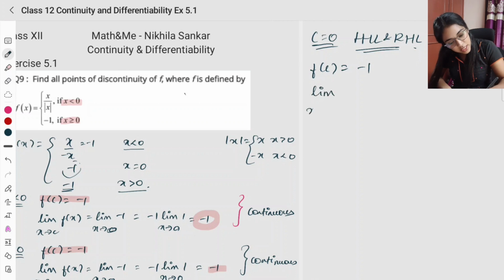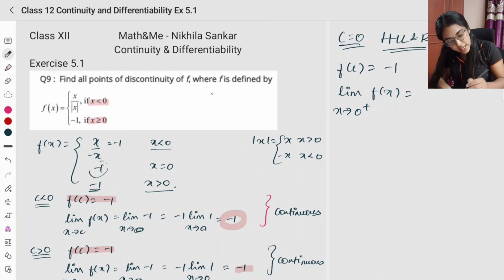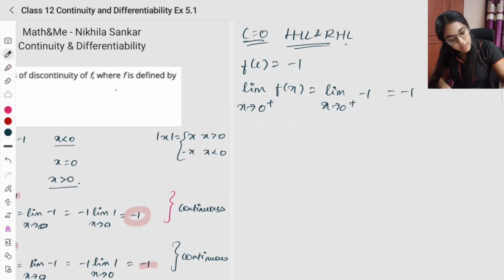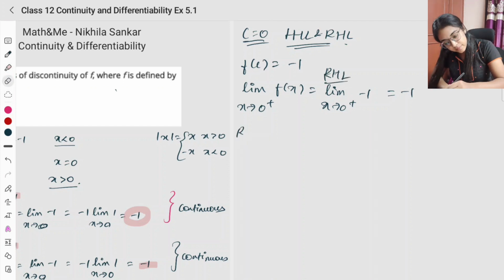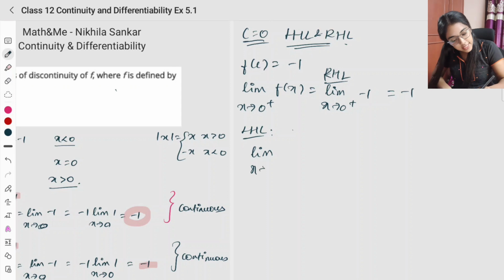Now what is the limit? Limit x tends to 0 plus of f of x. 0 plus means x greater than 0. So this is going to be limit x tends to 0 plus of minus 1. When I take it outside the limit, I will be left with minus 1. So this is the right hand limit. Now the left hand limit, what will it be? Limit x tends to 0 minus of f of x, which is going to be